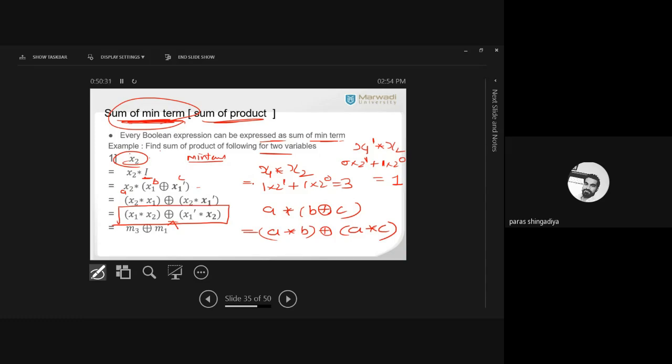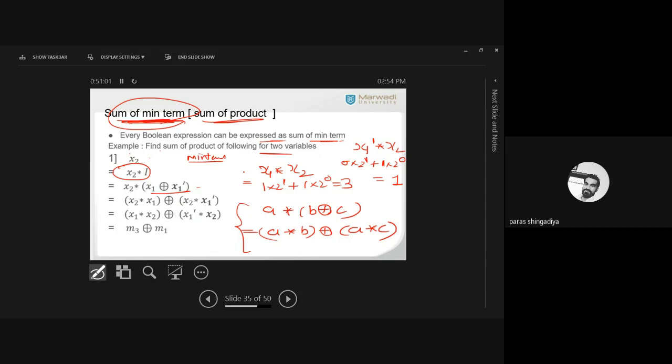Okay, the sum of both brackets is happening, and inside both brackets there is a product of the variables, meaning product, so it is called sum of the product. Is it clear for the two variable case? First step is fix here, multiply by I. Then after next step, create the missing variable by using the formula, add a distributive formula, rearrange if it is not in the sequence, and then after find the minterm value.